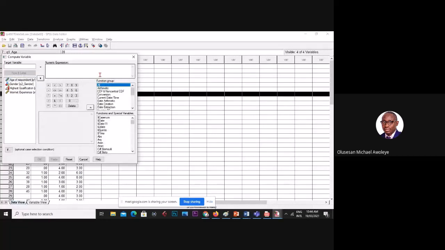After clicking on all, you look for Missing here, under here. Missing is a function. You double click that, leave it as it is, then come here and drop your age inside the brackets. So as you drop your age inside the bracket, you click on